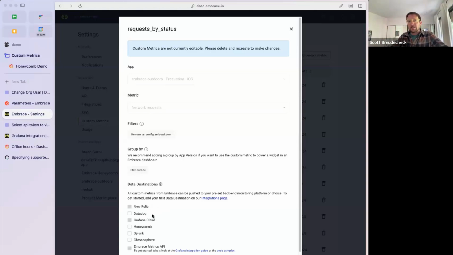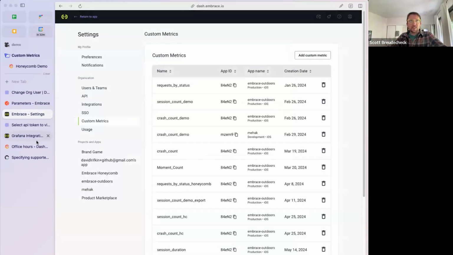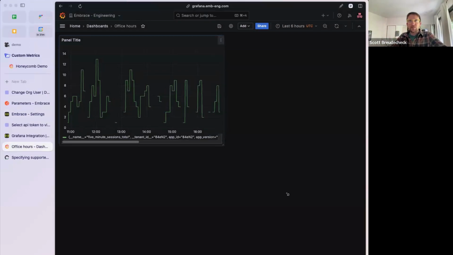And in this case, this metric is going to both New Relic and Grafana Cloud. That means the metric will be stored in all of its cardinality every single time it's generated in your backend observability tool, so you can play with it however you want. So what this actually looks like is something like this. So in Grafana Cloud,